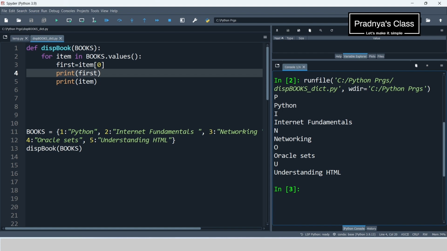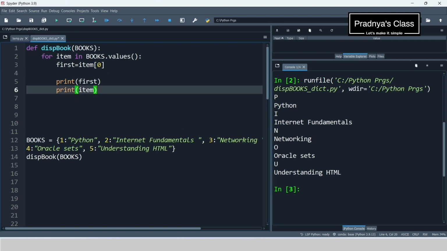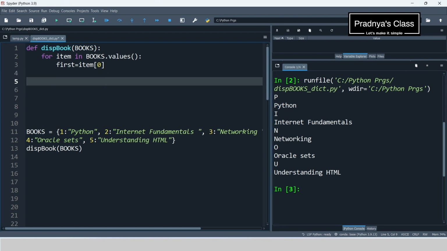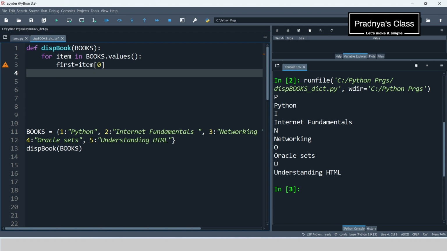Now we have to check whether it is a consonant or not. It will be easy to check that it is not a vowel. Let's remove these two statements and apply an if condition. If first not in, the not in operator we will be using here. And here in the form of a string we will be mentioning all the vowels. As the first letter is in uppercase, we will mention only uppercase vowels.